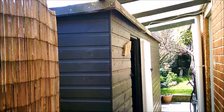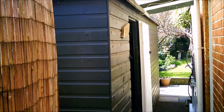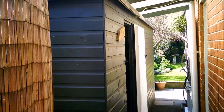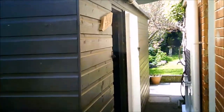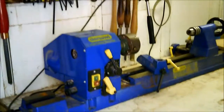The workshop, which I built on the side of the house in the back access alley, is 24 feet long, but it's only 4 feet 6 wide, so it tends to have the nickname of the railway carriage. It does serve the purpose of storing a few extra tools, for instance my wood turning lathe, my bandsaw,